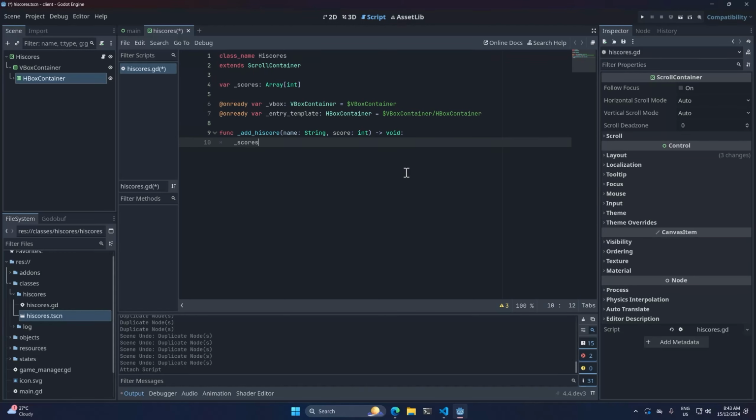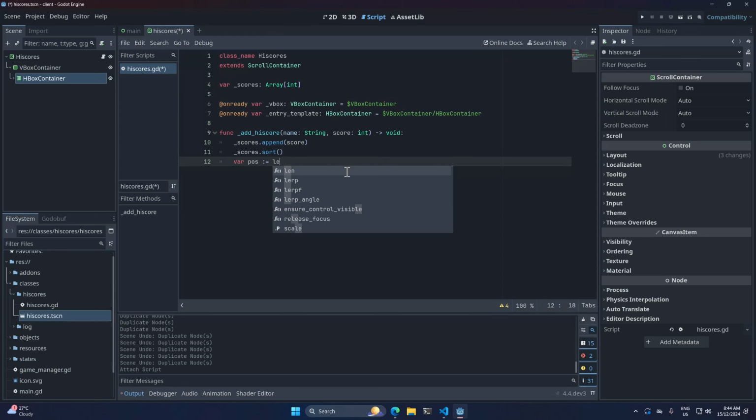First thing, we're obviously going to append to our scores array. And because we want to keep everything in order as we add more entries to the high scores, we're going to go ahead and sort our scores array now. So scores.sort. And now we just need to figure out where we are going to put the new entry. We can calculate the position of our new entry, the index, by saying var pos is the length of our scores array minus the